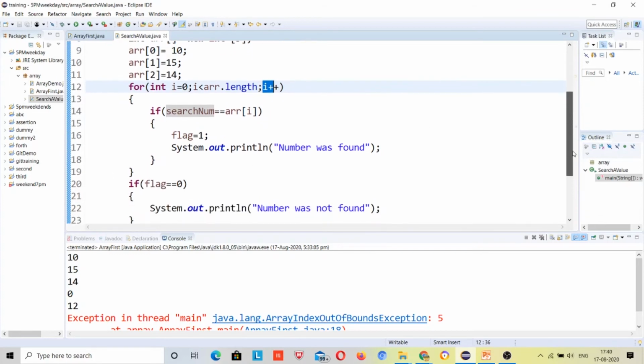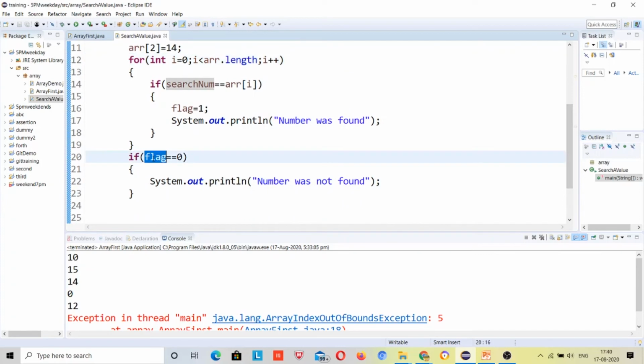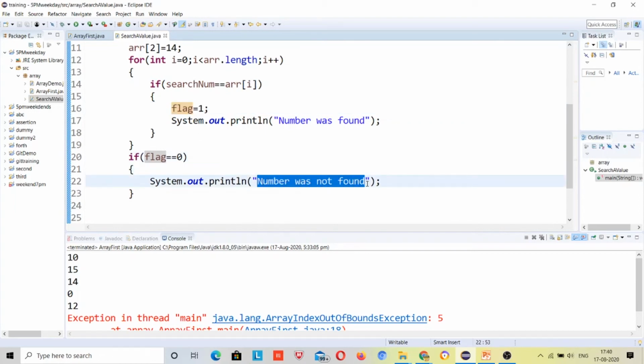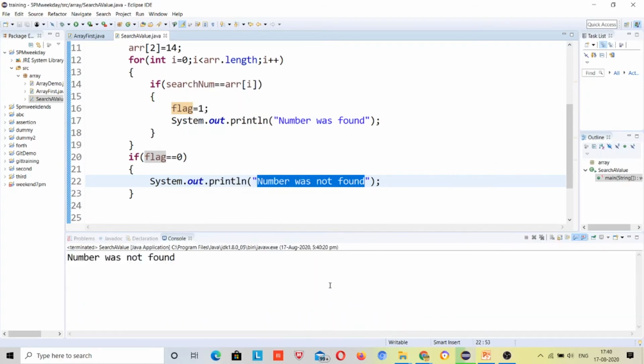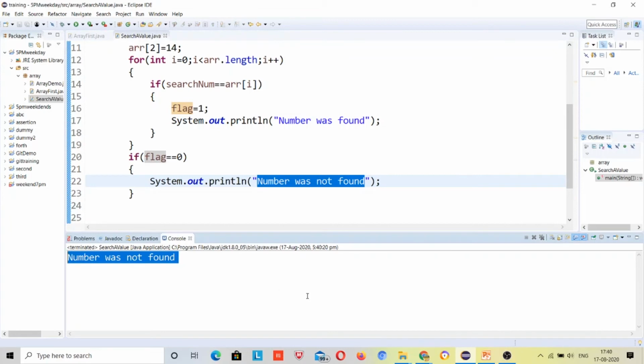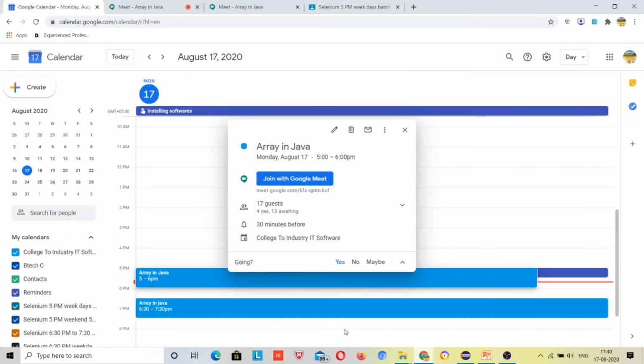When it comes out of this loop, it will find that the flag value was never changed, just because it never went into this if block. So the flag value will be 0 and it will print the message, number was not found, right? I hope it makes sense to all.